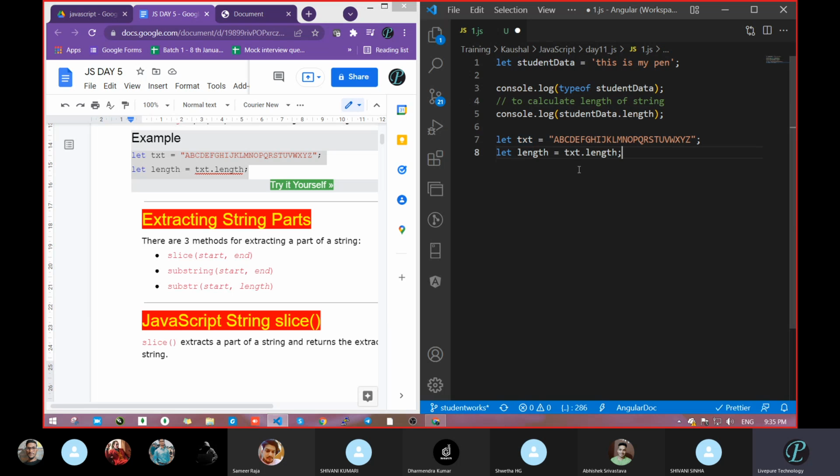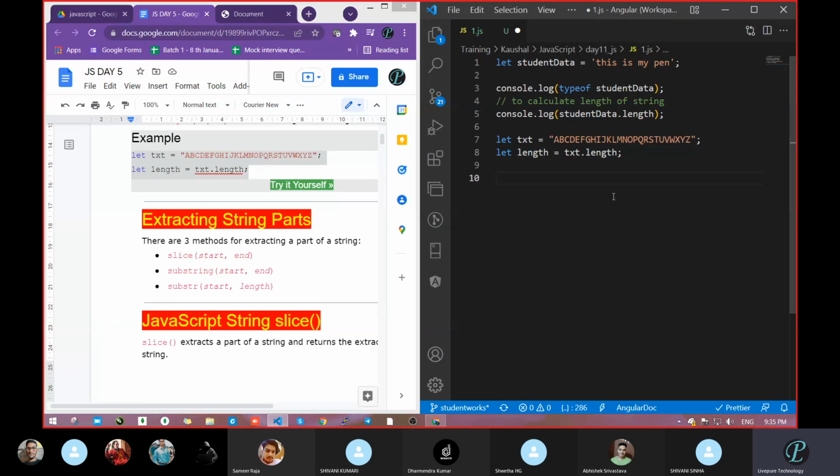So now who holds the value of that calculated length? The length property. Correct. But who is the method of length? Text, this one after text. Correct. So be careful.